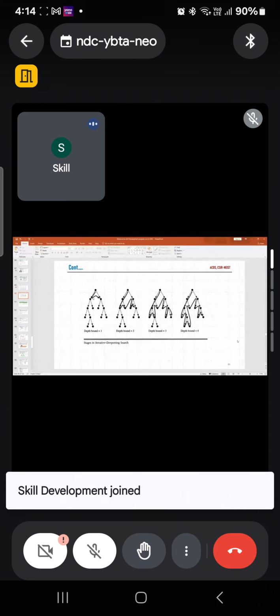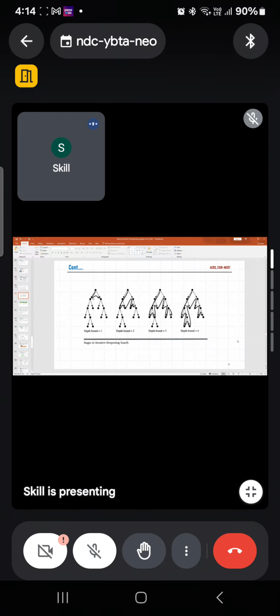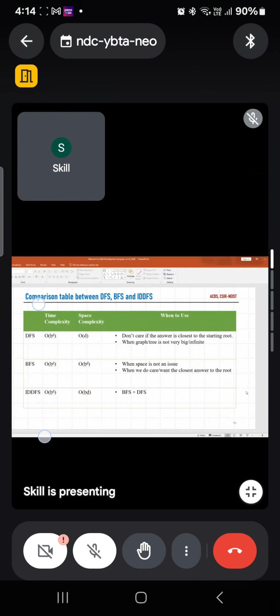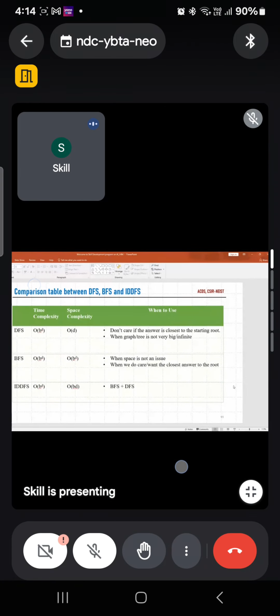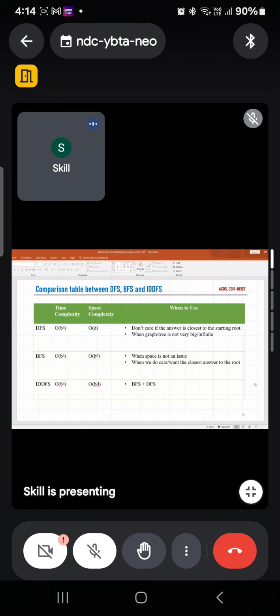So this we have seen, how IDS is used. So the comparison table between DFS, BFS, and IDDS, which means iterative deepening depth first search. We have written here, you can see DFS has time complexity order of B to the power D, space complexity is order D. And when we have to use it,